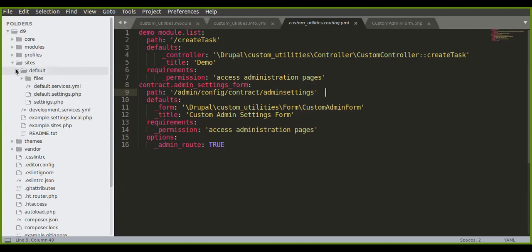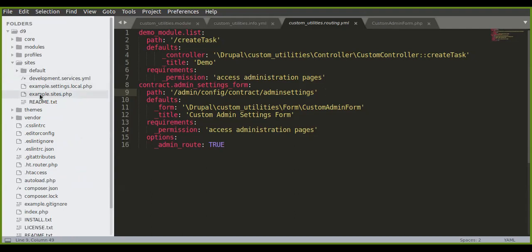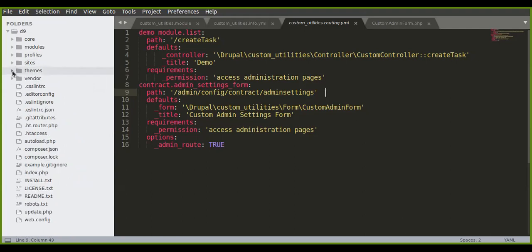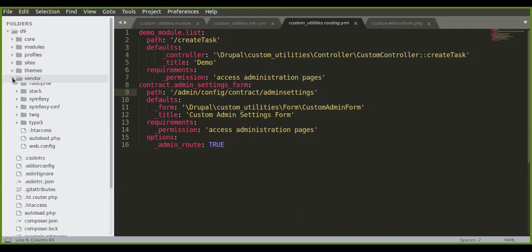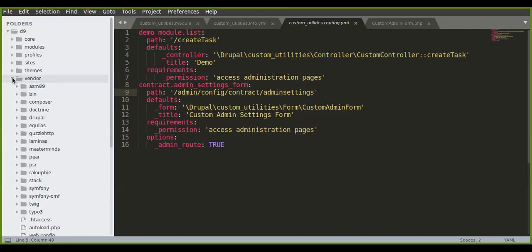Other than that, all of this comes with the default Drupal package. Then we can move on to the themes folder. Currently, I don't have any themes. If we go for any theme like Bootstrap or Bootstrap Business, we can download it from drupal.org and put it in this themes folder. And the vendor folder: all the vendor libraries will come under this folder.